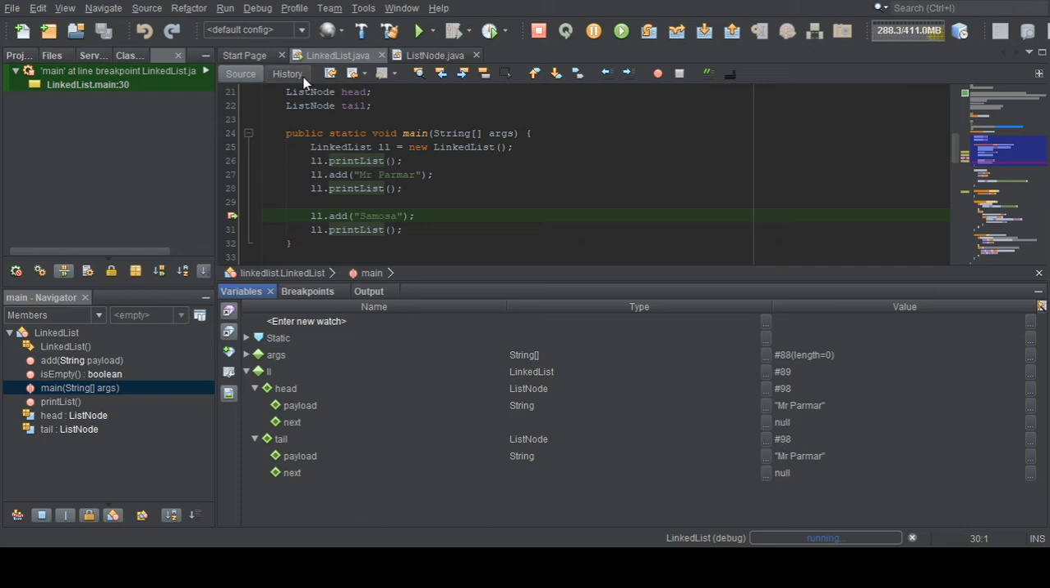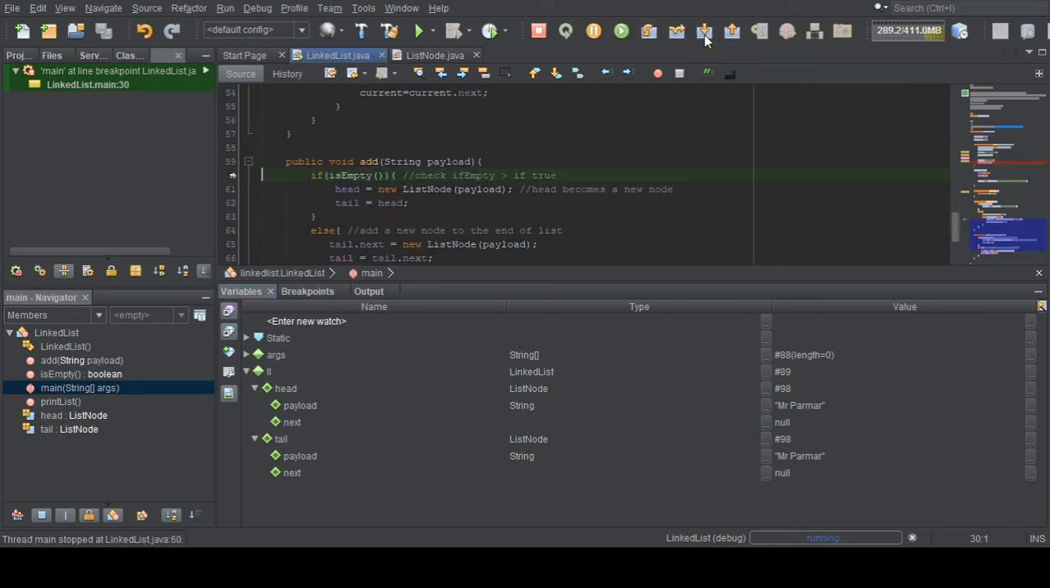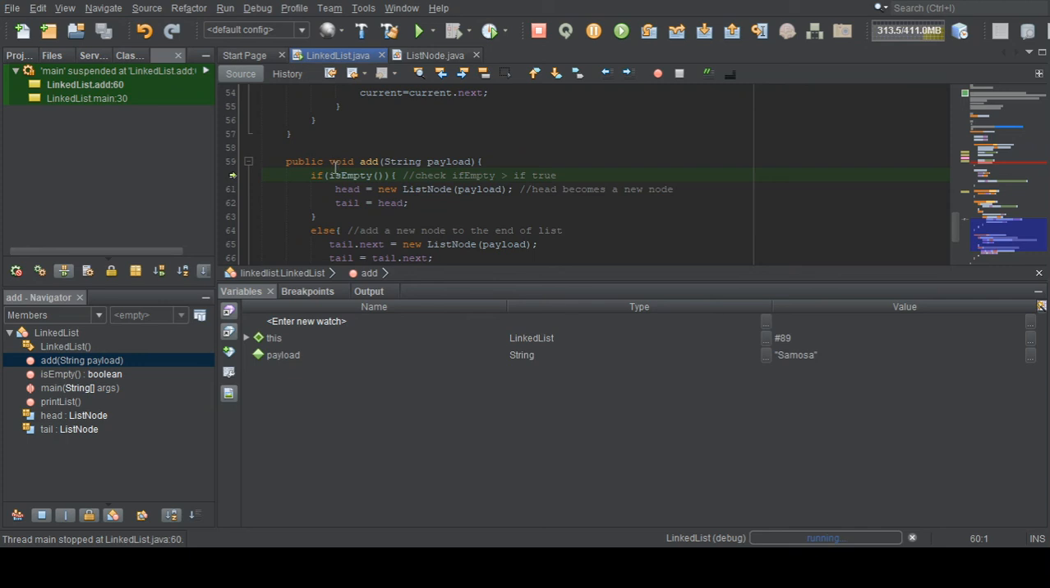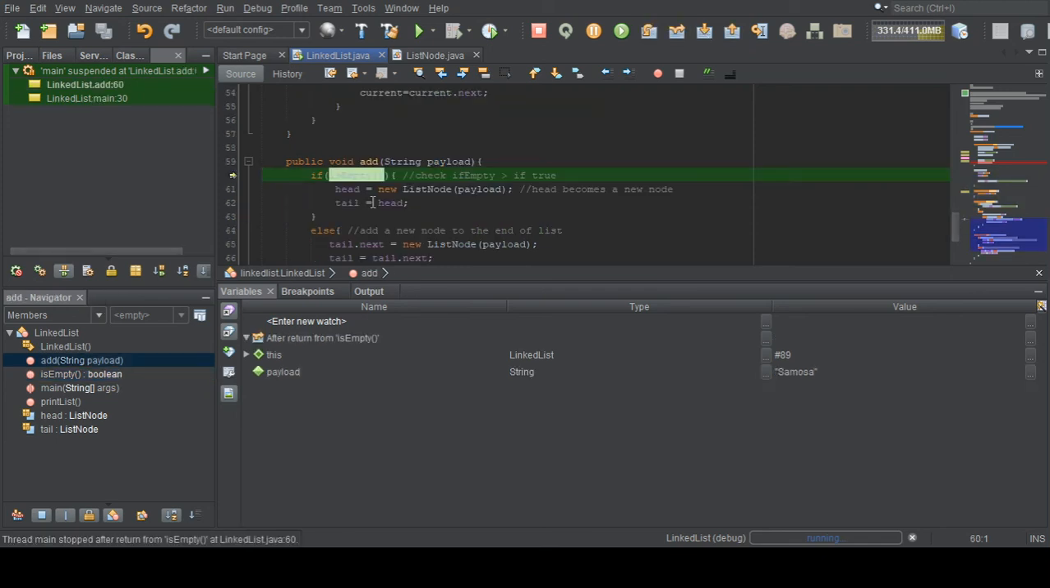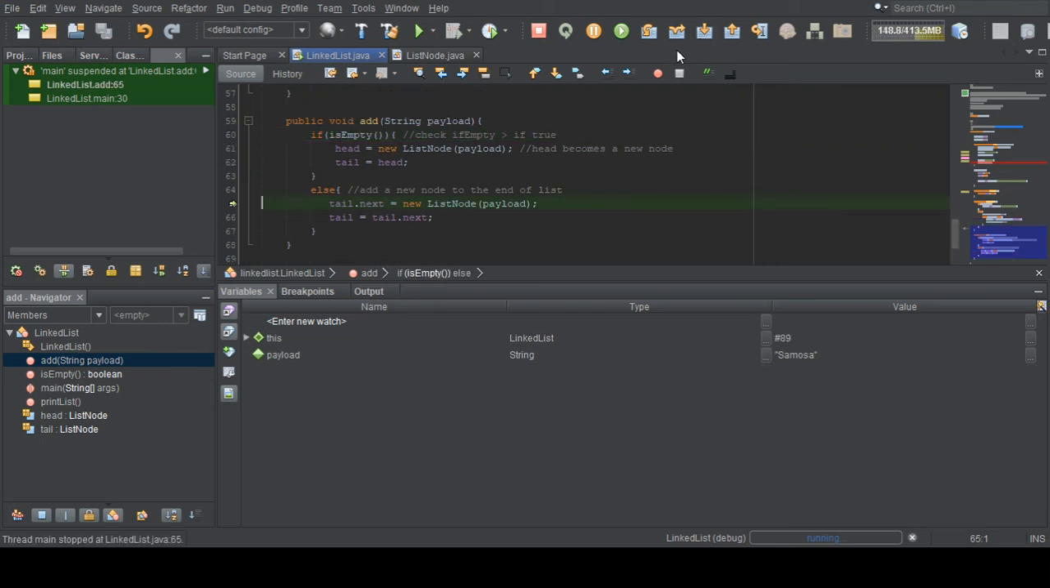Okay, now let's step into the list.add. We're going to see, is the list empty? Right, no it's not. It's going to jump down here. Well, it's going to check to see if the head is null. The head is not null, so we're going to return a false, and so that's going to jump down here. So tail.next, right,